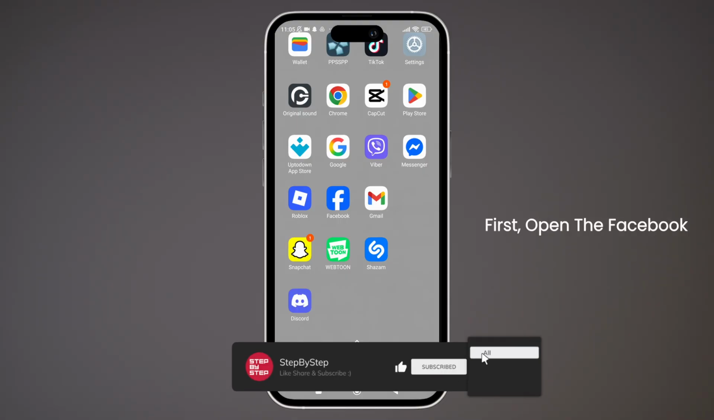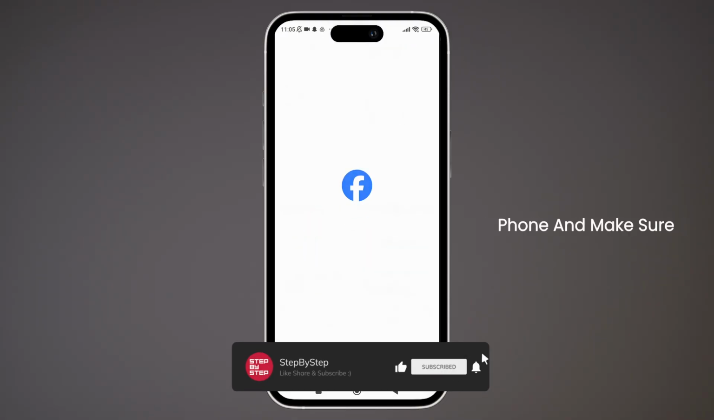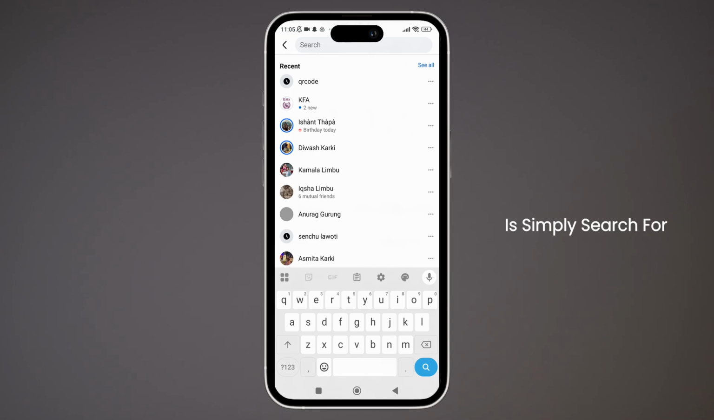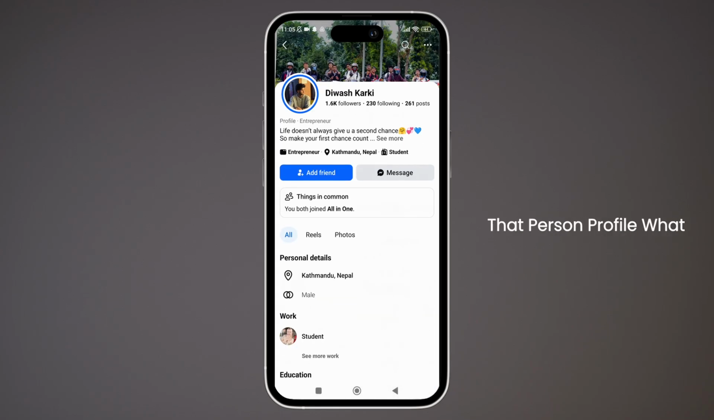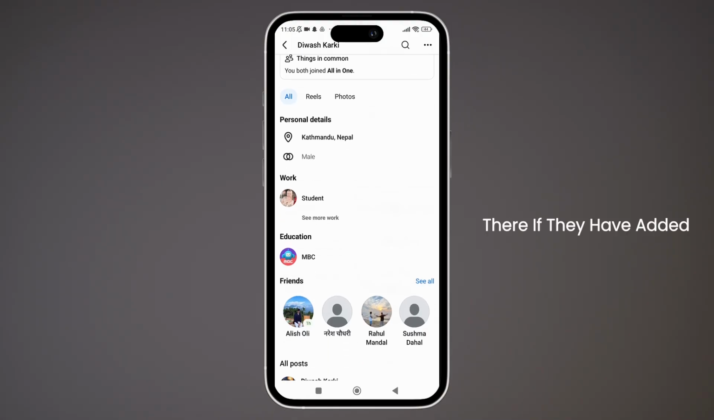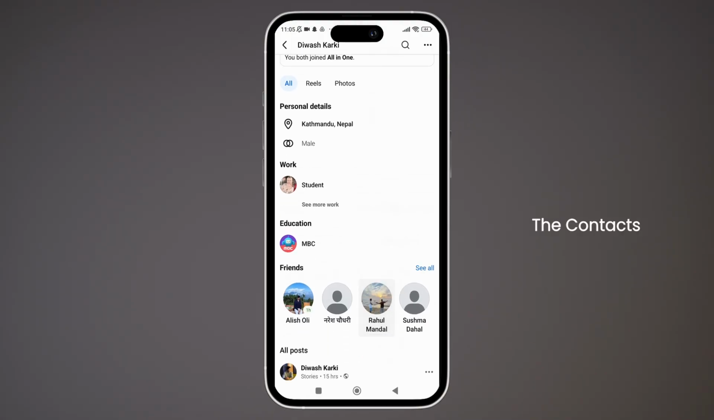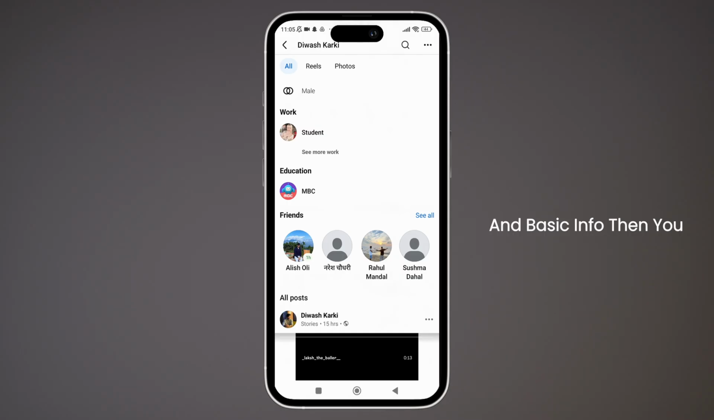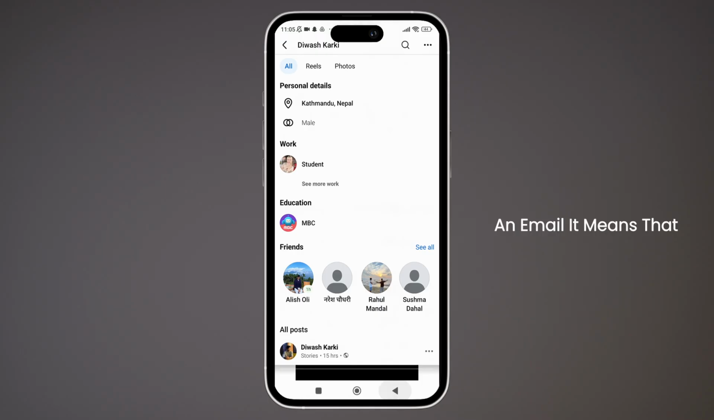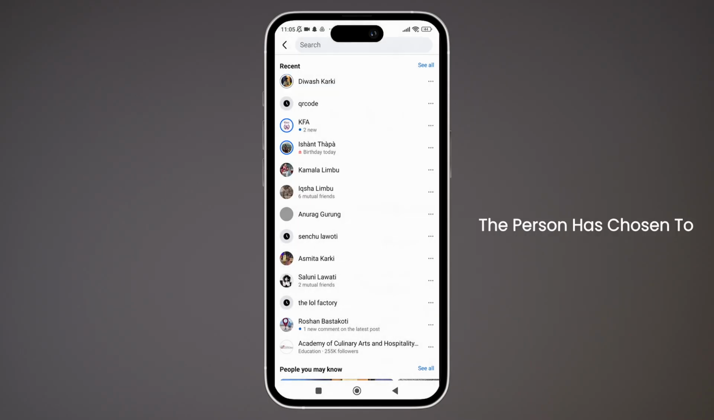So here, first things first, open the Facebook app on your phone and make sure that you're logged in to your account. And now here, once you're inside Facebook, what you can do is simply search for that person's name. And now here, once you are inside that person's profile, what you can do is just scroll down to the personal details section, and there, if they have added the contacts and basic info, then you will see the email listed there. But if you don't see an email, it means that the person has chosen to keep it